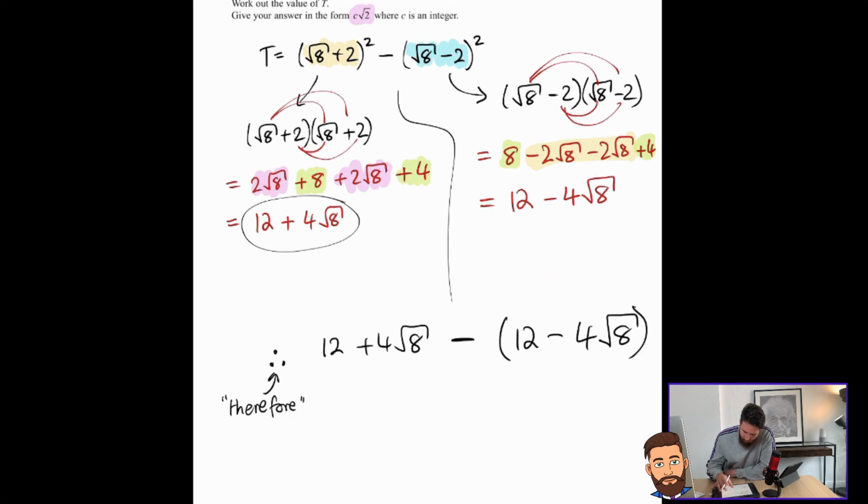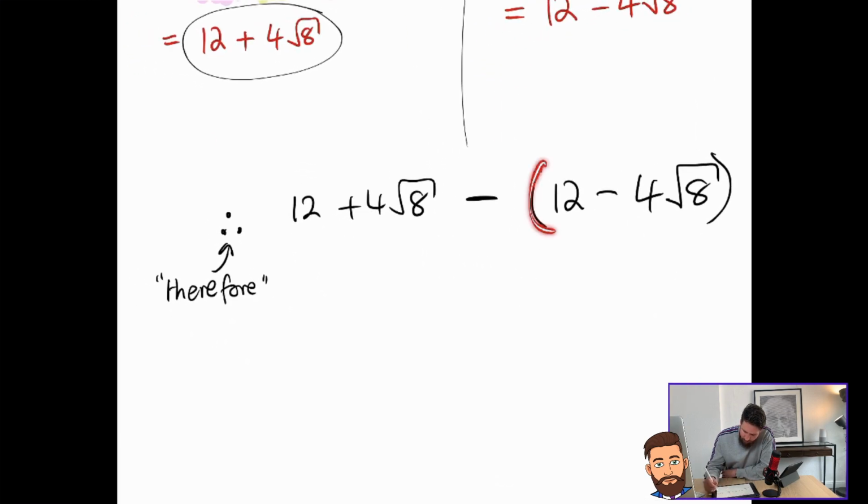So let's have a look what happens. If you didn't put it in a bracket, most students will end up with 0 here because they'll be like, okay, 12 take away 12 is gone. And then they'll say 4 root 8 take away 4 root 8 is gone. So the answer is 0. But we have to be really careful. 12 minus 12 is 0. So the 12s cancel. And now we've got 4 root 8